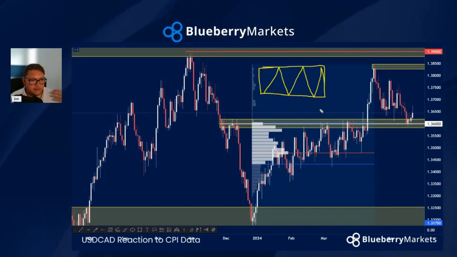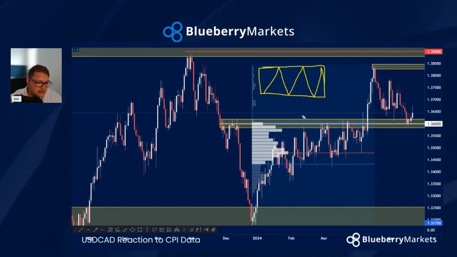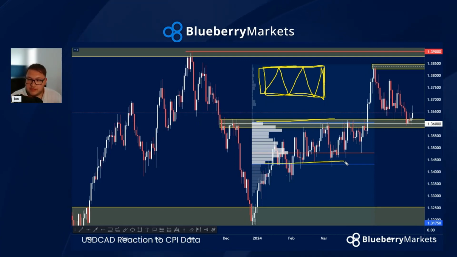That's how the market fluctuates. There is an imbalance of buyers and sellers, or fair value of buyers and sellers. What I find is when we have a consolidation like this, highlighted down here with the price between that 136 handle down to sort of 134s, the market is finding fair value here. We can say that it's balanced, where the bell curve of the volume profile is the highest.